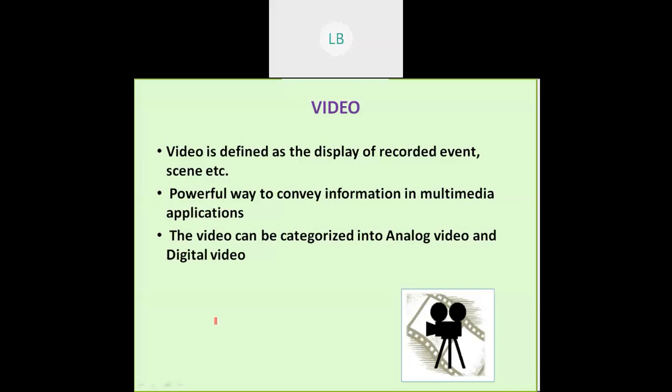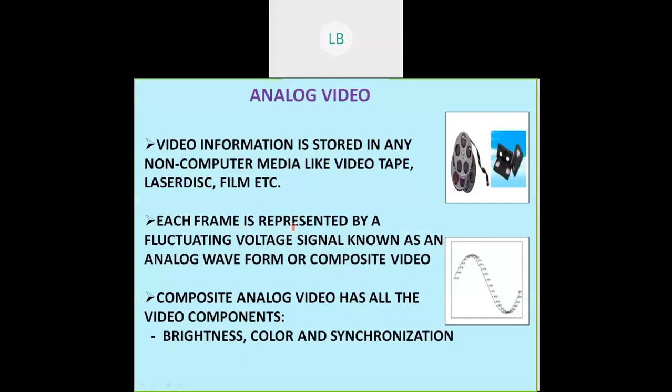The next component is video. Video is defined as the display of recorded events. It is a powerful way to convey information in multimedia applications. Video can be categorized into analog video and digital video. Analog video: video information is stored in non-computer media like videotape, laser disc,